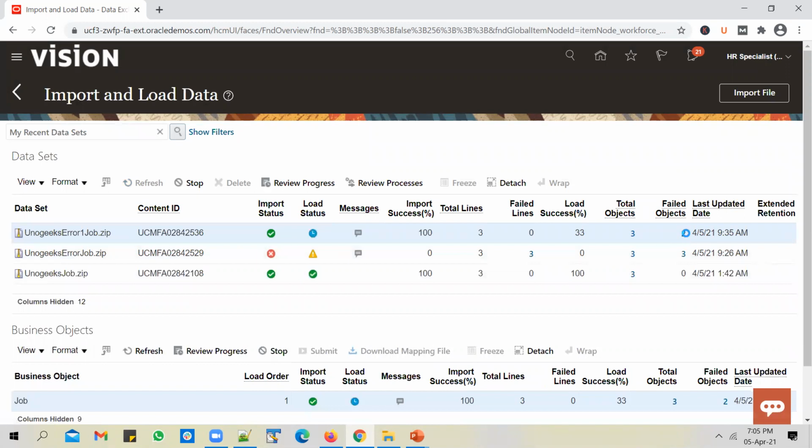Okay, you see that out of 3 lines, 2 have failed and one of them went through successfully. That's why you're seeing 33% here, but the other 2 have failed. Okay, and there are a couple of points that I want to highlight. Yes, one of the records has been loaded successfully, but there are 2 more records which are still in error